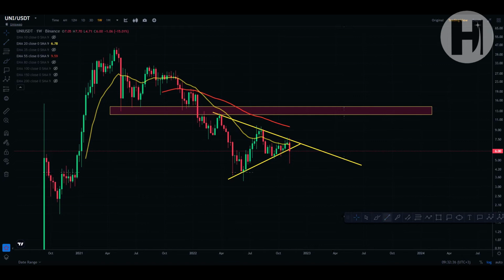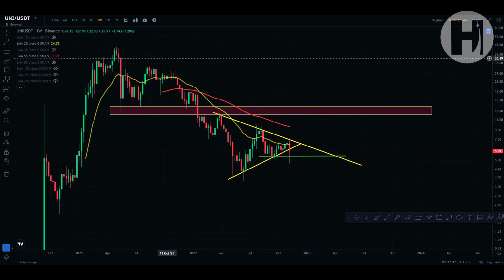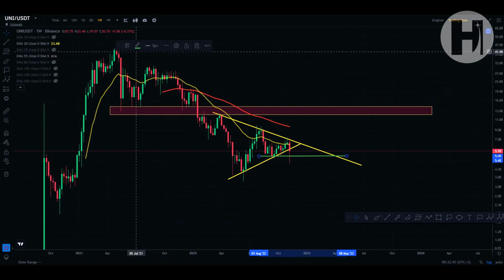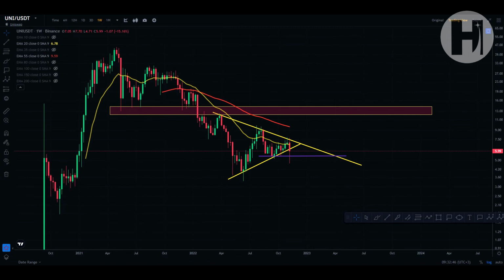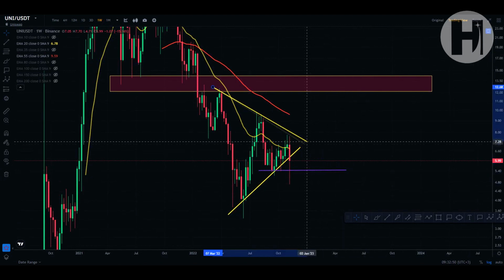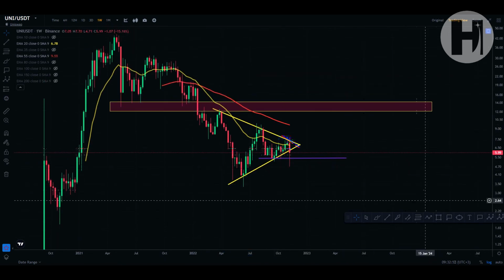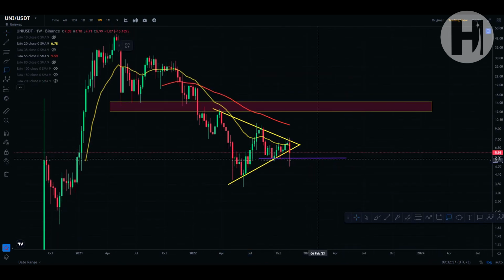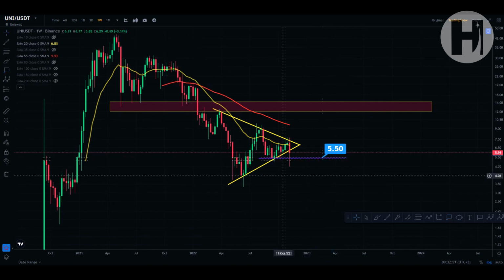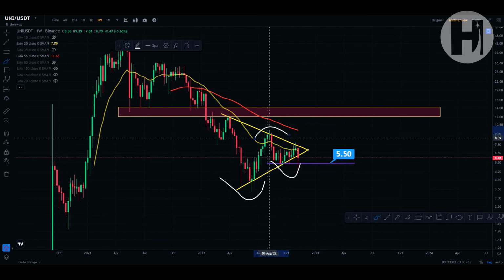If that does happen, I would be eyeballing a support level here. Let me change the color of that so it stands out a bit. Green is not really going to work. Let's make it purple. So this purple trend line is going to be a major support level for us to hold. Let me make it smaller. There we go. That support trend line is something we need to hold if we want to continue this uptrend, because like I said, you're printing a higher high, higher low for now.